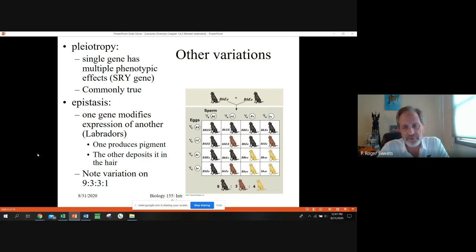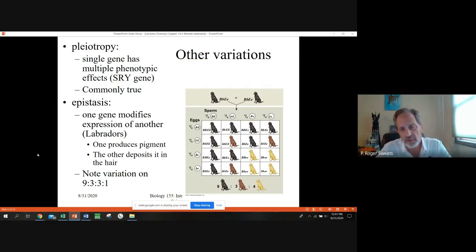So in this example from Labrador retrievers, we see our black labs, we see our golden retrievers, and we see our chocolate labs, the brown. And in this case, when we go through this sort of a system, you can see that our yellow labs actually don't get the pigment into the actual hair. And so in this case, the alleles marked with the letter B talk about the type of pigment. It should be black or brown, and the E's are the ones that actually introduce the pigment